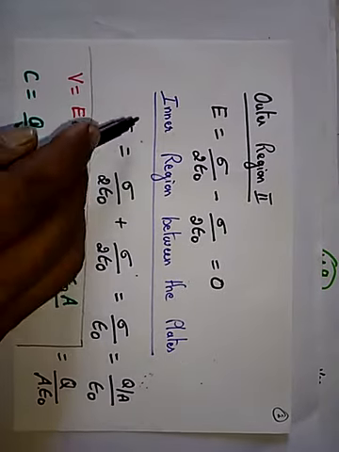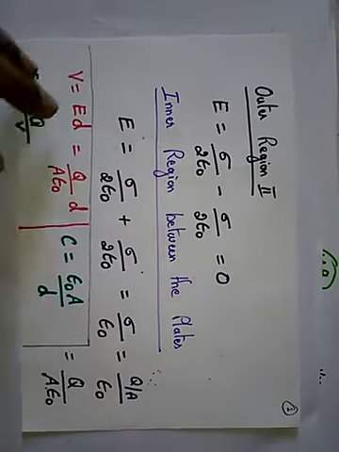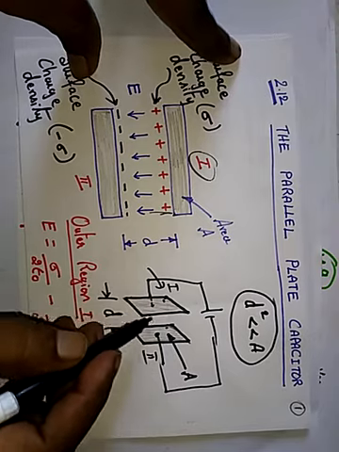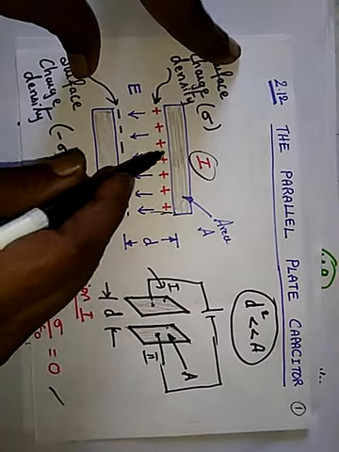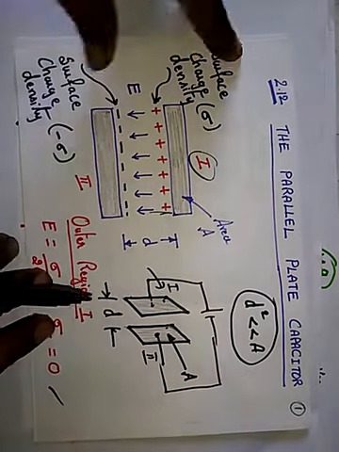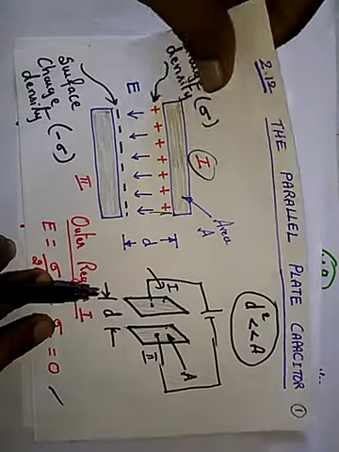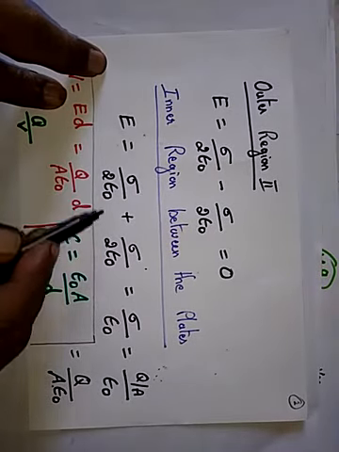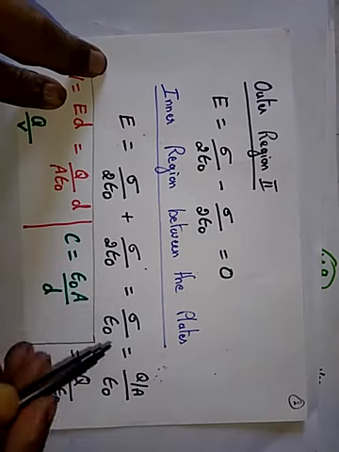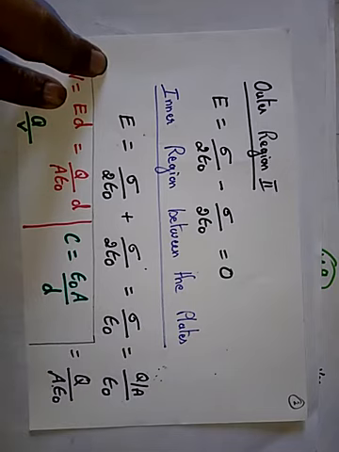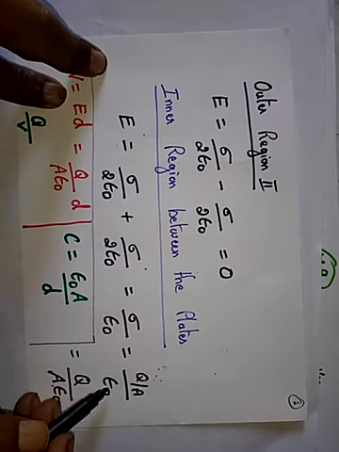So now we are going to consider the inner region between the plates. Inner region means between these two plates. So this is plate 1, plate 2. The inner region is this area. In the inner region, the fields get added up. That is sigma by 2 epsilon naught plus sigma by 2 epsilon naught. So that will give you sigma by epsilon naught, which is equal to Q by A divided by epsilon naught,